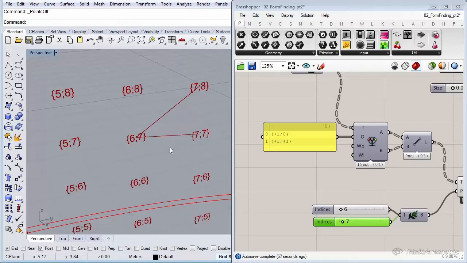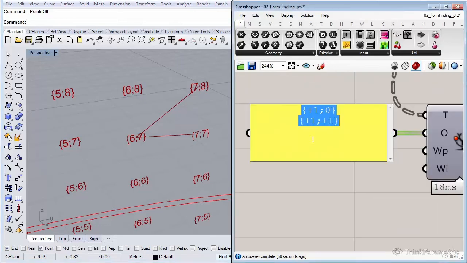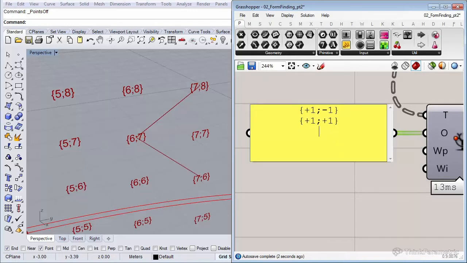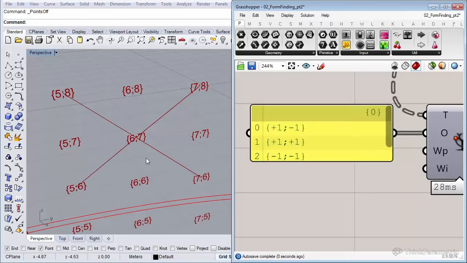So let's insert this offset pattern into our offset list. We already have one, which is +1, +1. If I do +1, -1, that's the other one. So now there's 2 remaining. So -1, -1 is the third one. And -1, +1 is the fourth one. Nice, so now I have a cross for everyone.